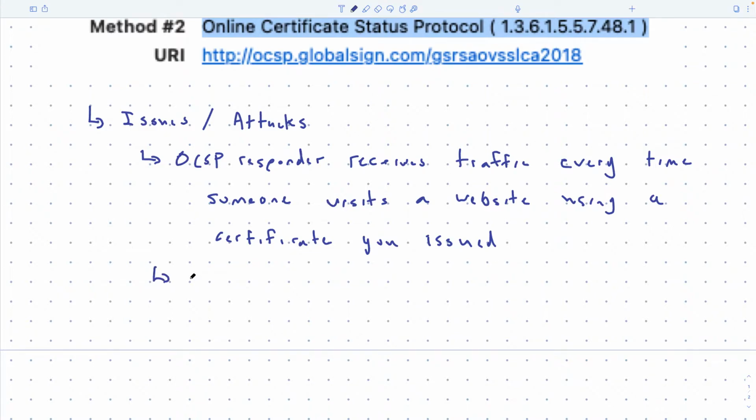Okay, so what happened is this was a great idea in theory. They put it out in practice, and the CAs for Google just couldn't keep up with the traffic, okay? And so then what happened is you would ask an OCSP responder and you just wouldn't get a response, okay? Or you would wait. You'd wait 5 minutes and you get a response after 5 minutes or something like that, okay?